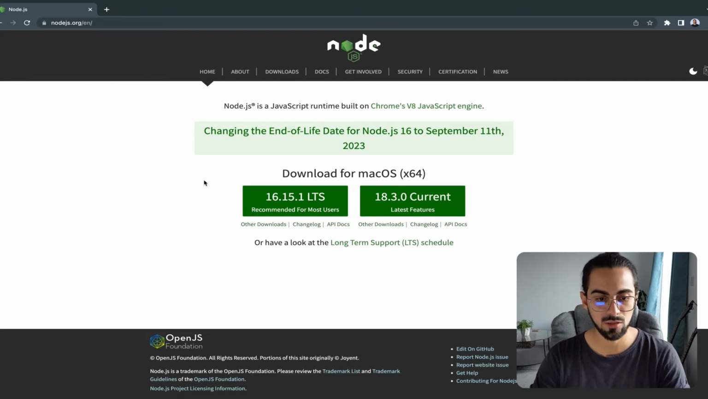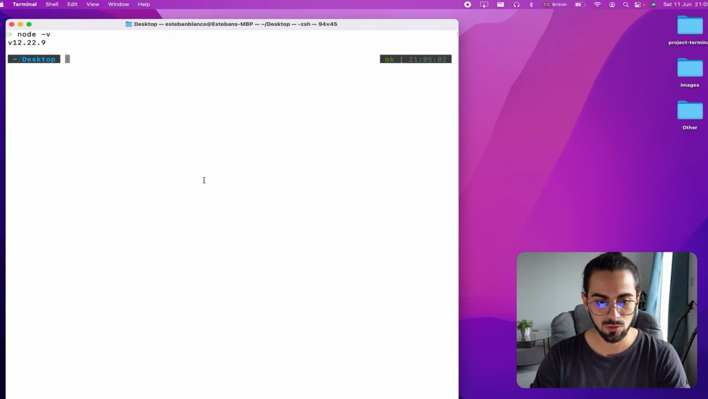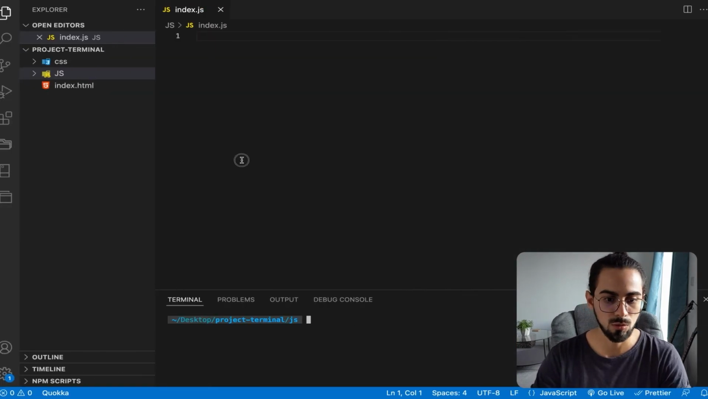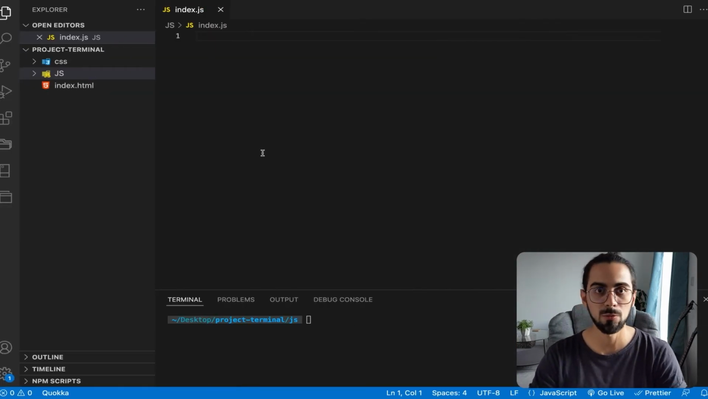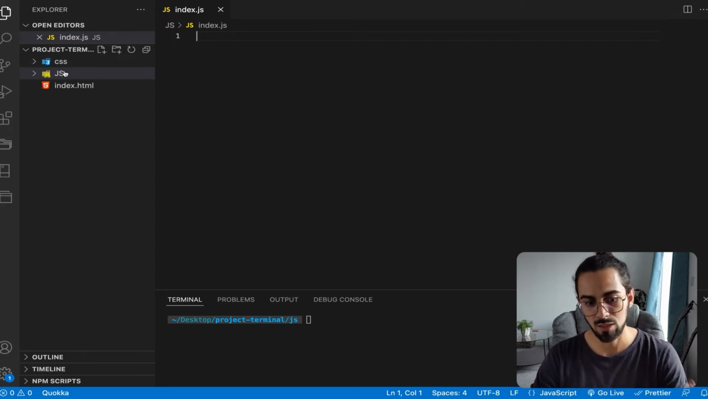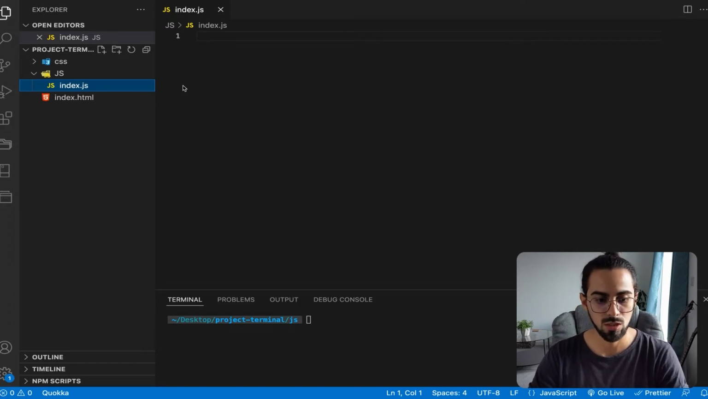So one of the first commands I want to show you is npm install. So let's actually go to our VS Code. This is where we were before in the last tutorial. So we created a CSS folder, a JavaScript folder. In this JavaScript folder we have a file index.js. So this is basically a JavaScript file,